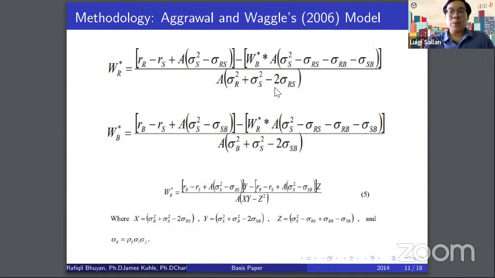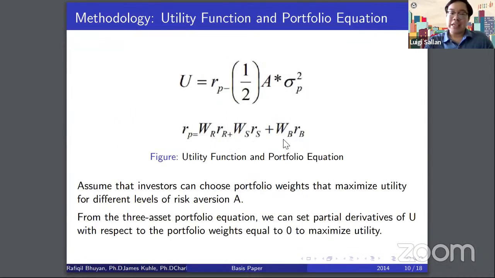Similarly, you could start with other assets such as the bond, and you will have this equation by applying the same procedure. Then once you have your optimal asset formula for the bond, you would be able to derive this equation for the optimal asset allocation of the REIT. Then after that, if you also need to determine your allocation for the stocks, it will follow from the preceding three asset portfolio formula here that it would be one minus the weights of the other